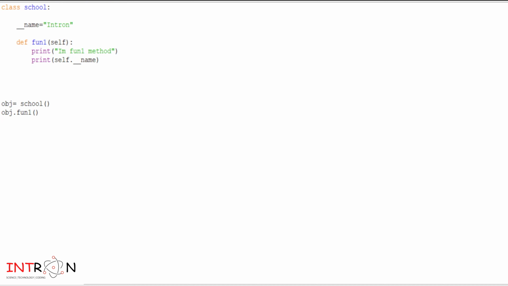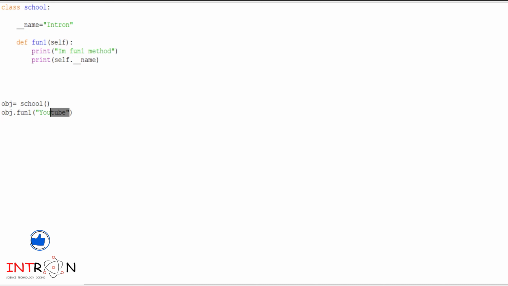What in case you want to change this value? You cannot directly change it from outside the class. So what you have to do? There is one way we can change it. Whatever parameter you want to pass, you can pass. Like I want to change that name to YouTube, and while I am printing self.name, it should print YouTube.